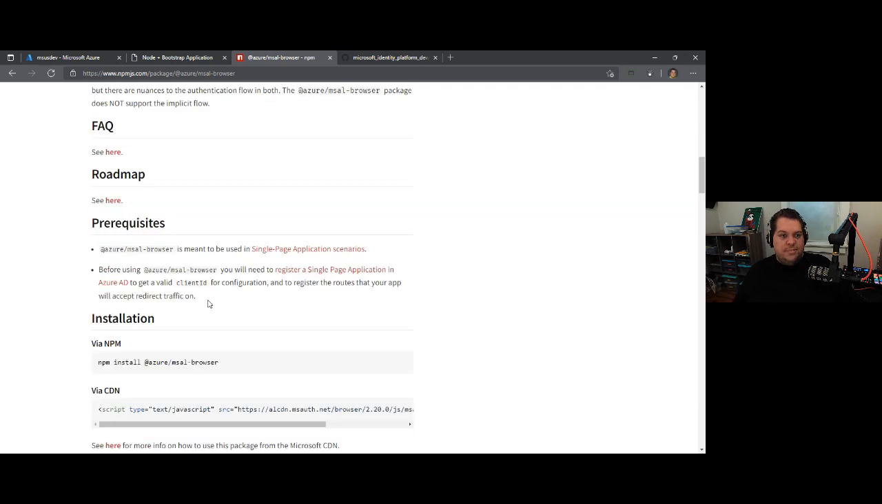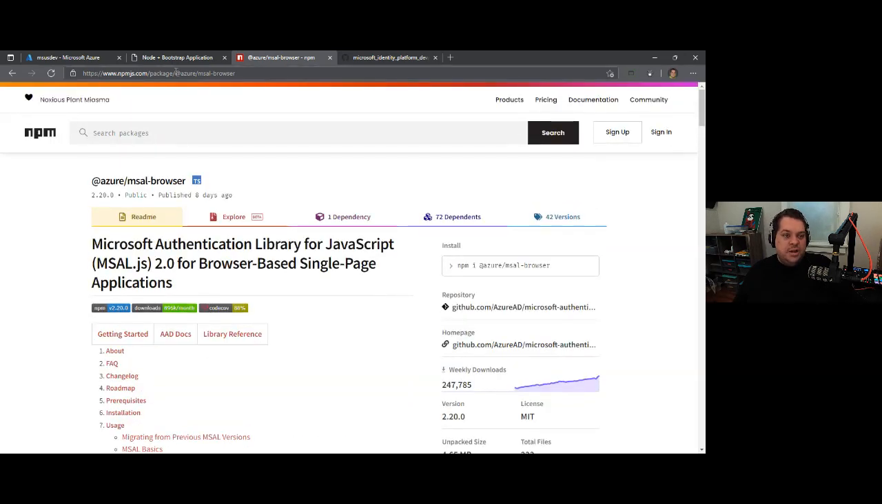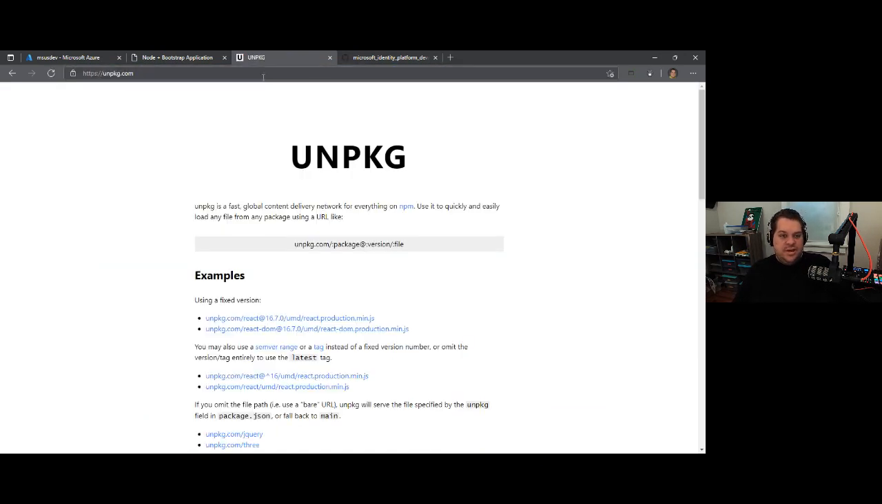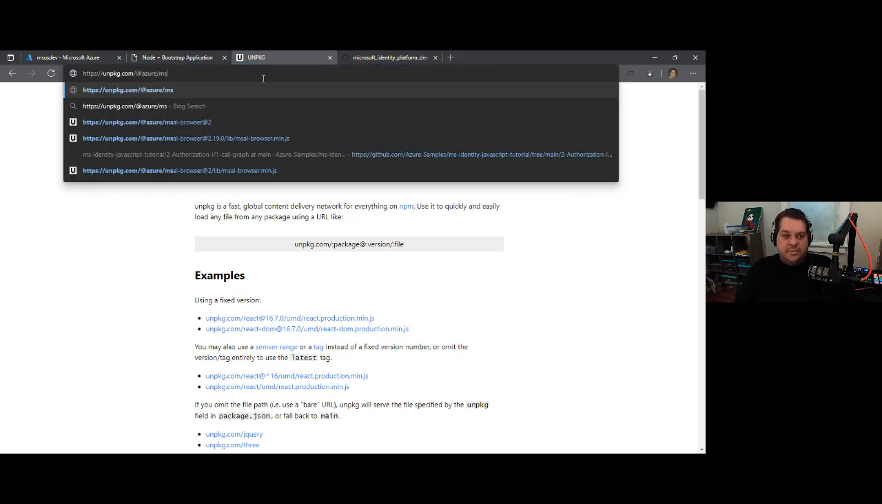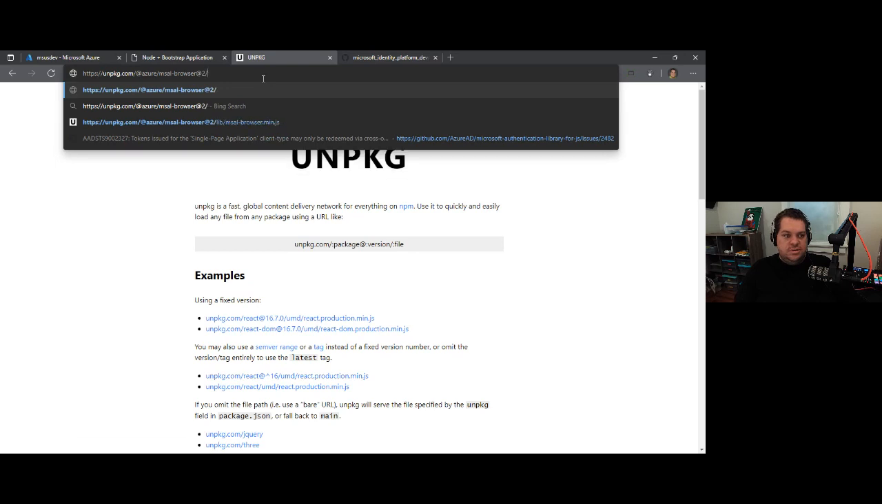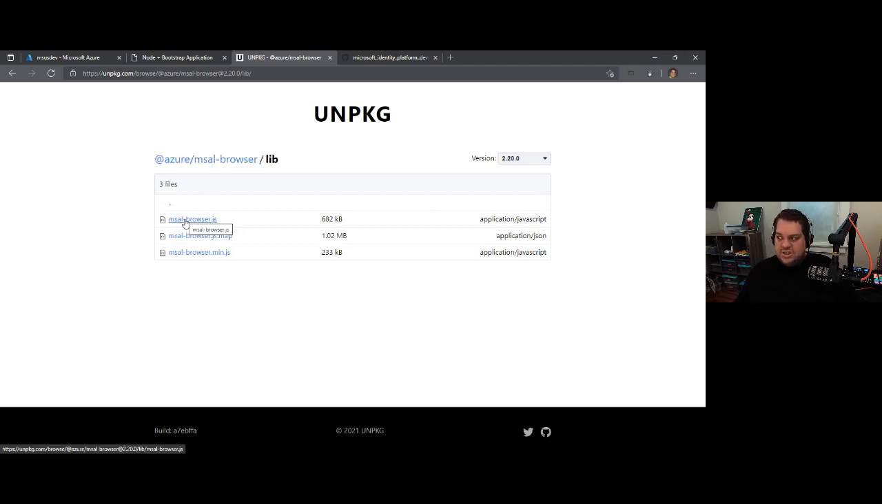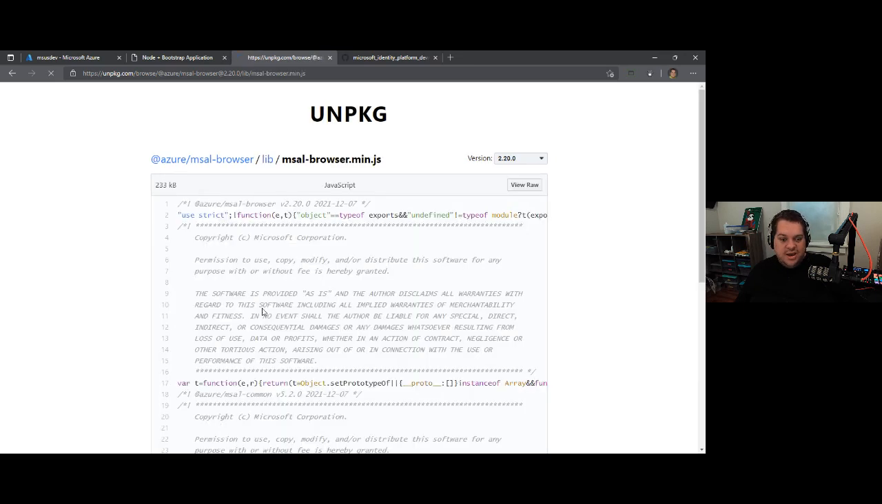But one of the cool things about unpkg.com is if I know the package name, I could go to unpkg.com and say, okay, package name is @azure/msal-browser version 2. And it's going to allow me to browse it here. Cool. So msal-browser lib, msal-browser.js, and I could do msal-browser.js and msal-browser.min.js. Here's my minified JavaScript file. If I hit view raw,